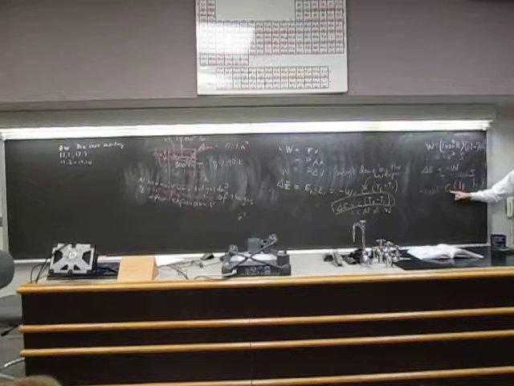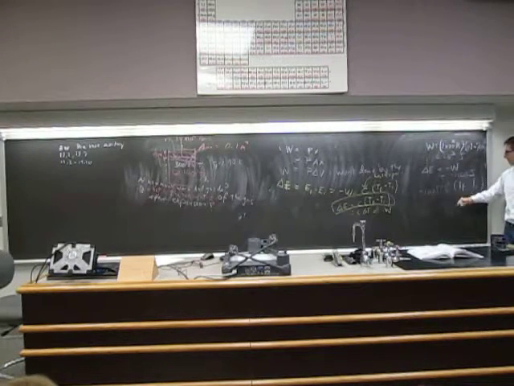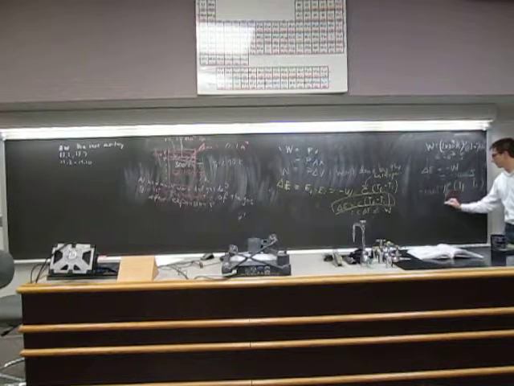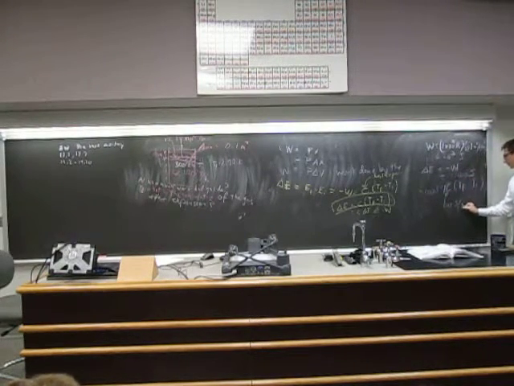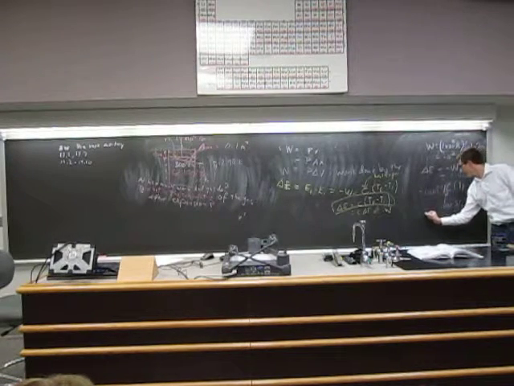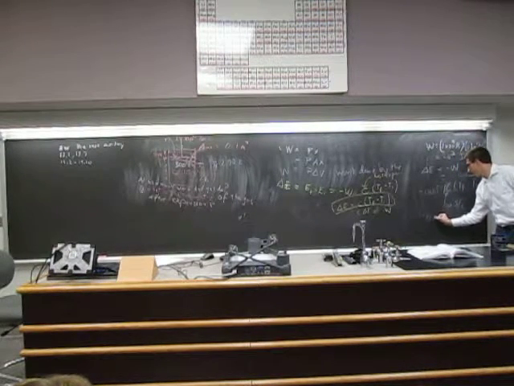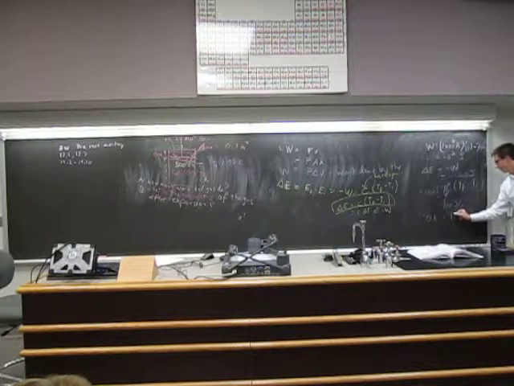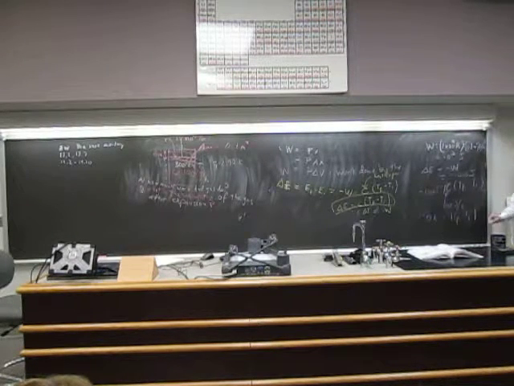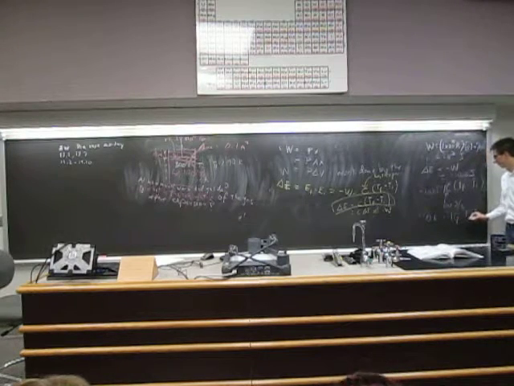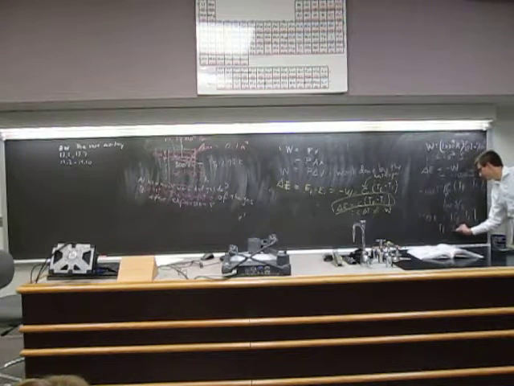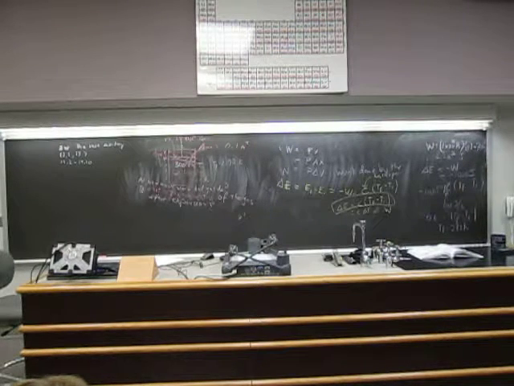Divided by the heat capacity, which was 100 joules per Kelvin. So divide through by that, and I get negative 10 Kelvin is equal to T final minus T initial. So that means the final temperature is down by 10 Kelvin from the initial. And so T final is 290 Kelvin. That makes sense? Good.